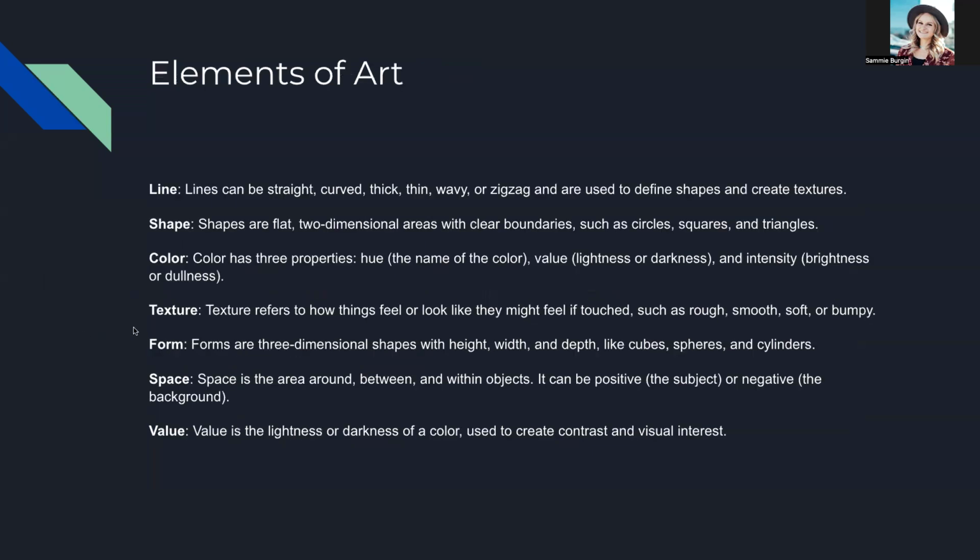Then we can go over the elements of art: line, shape, color, texture, form, space, and value. We use Starry Night to show these elements and discuss how Van Gogh uses them to create the overall effect of the painting. Then we go into a group activity, and the students are divided into small groups,